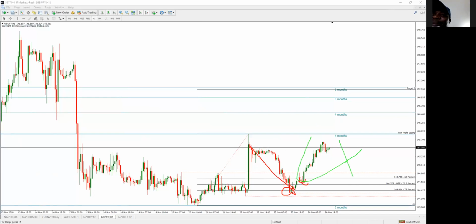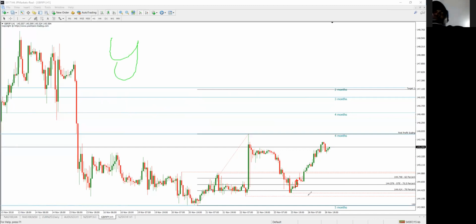That was on Friday. But when it opened, let me clear up this. I don't know who was drawing here. Eventually, on Friday, it closed just above the 70.5 retracement level. That was the entry to go long. See, that's why I even emphasized that if you are on a cTrader platform,